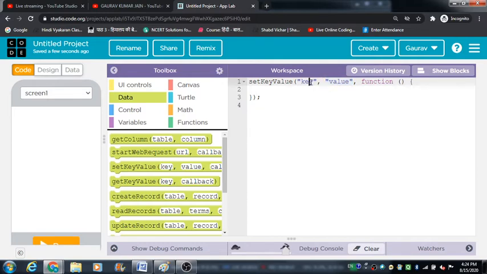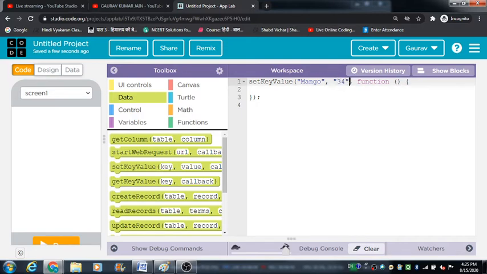Now if you want to define a key, you need to change this key to whatever value you want to use to define a key in this data. Fine, let us change it to mango. This is the key that I want to define on the data browser, or you can say on the cloud of this mobile app that I am going to design. And the value that I want to give to this key, mango, that I've defined in this set key value block, is 34.